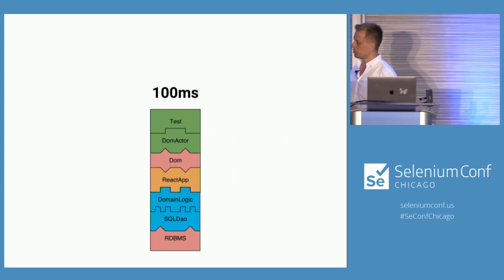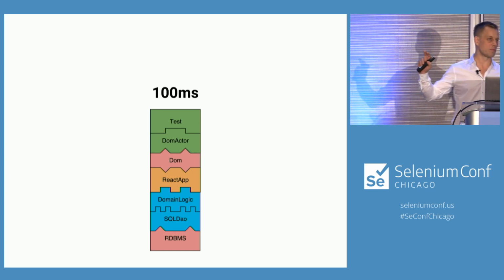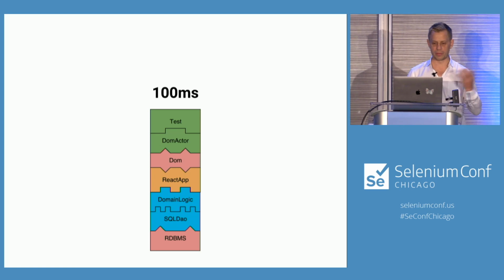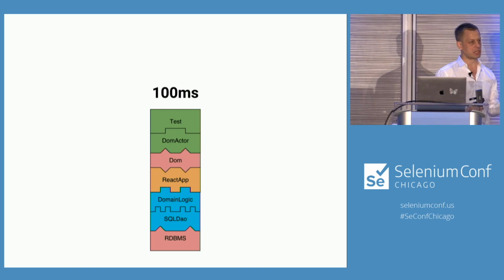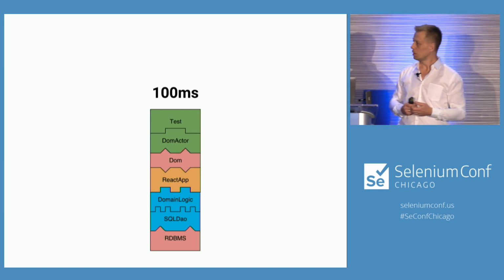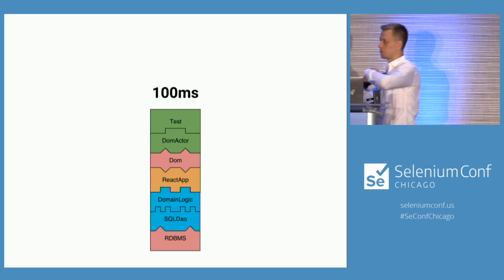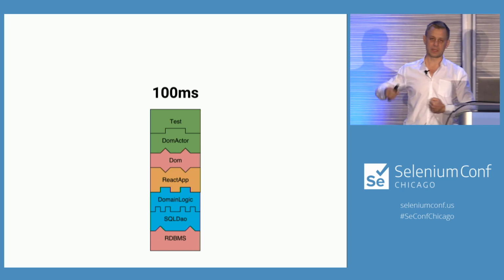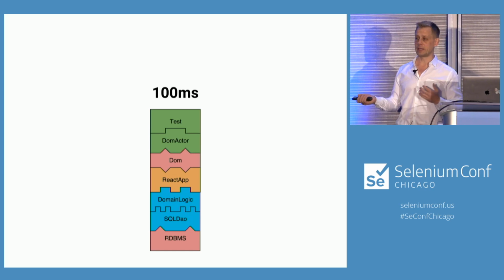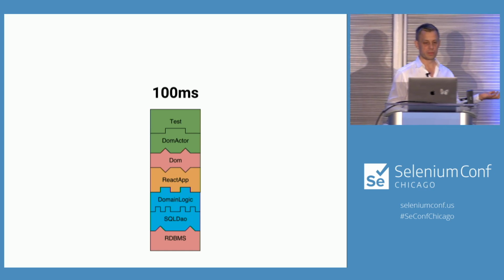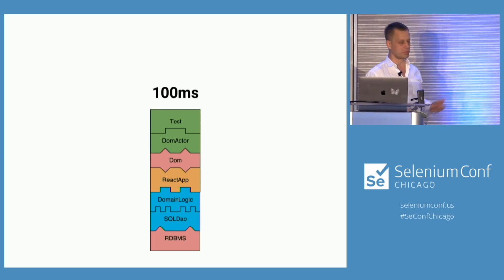Okay, so I removed a bit more of the stack here, but I still have the most important functionality intact in my app. I've got the React app, which is all the logic in the front end, and I've got the domain logic, which is on the server. But now I've just sort of jammed the front end straight in with the back end, and in this case this is a Node.js program on the back end, so I can actually run the front end and the back end in the same process. So I removed I/O, I removed HTTP, and it's really, really fast. This test now runs in 100 milliseconds.